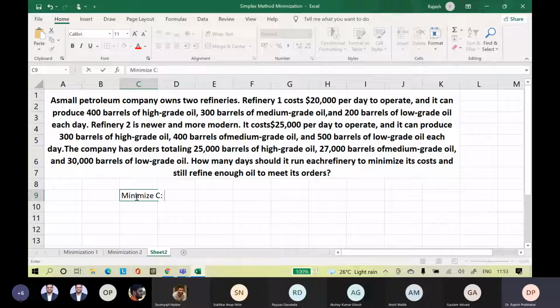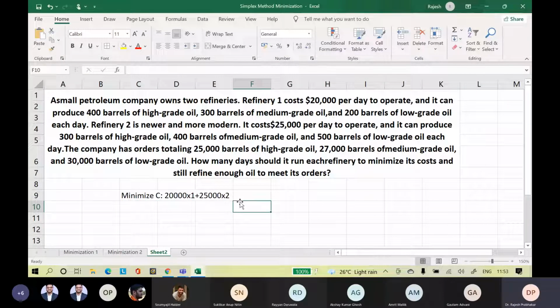C equals 20,000 x1 plus 25,000 x2. This is the objective function to minimize, subject to